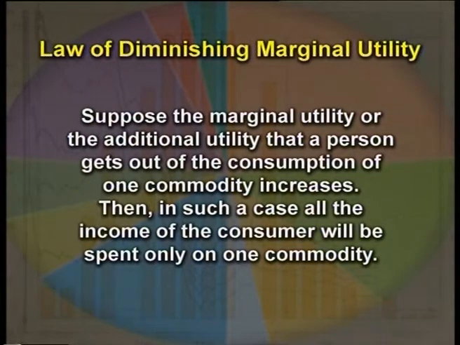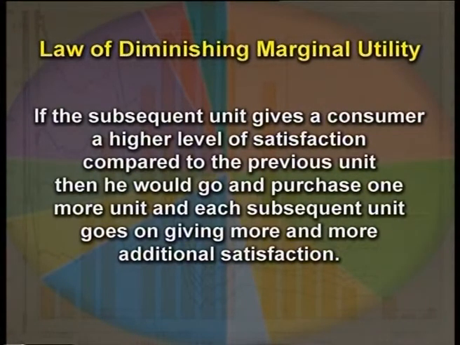Then in such a case, all the income of the consumer would be spent only on one commodity. For example, if the subsequent unit gives a consumer a higher level of satisfaction compared to the previous unit, then he would go in and purchase one more unit. And as each subsequent unit goes on giving him more and more additional satisfaction, he would go on purchasing the